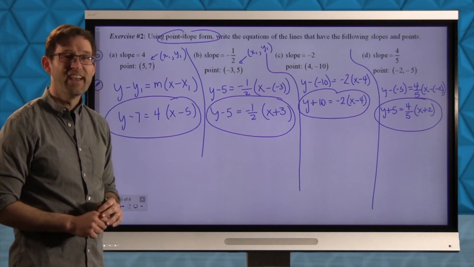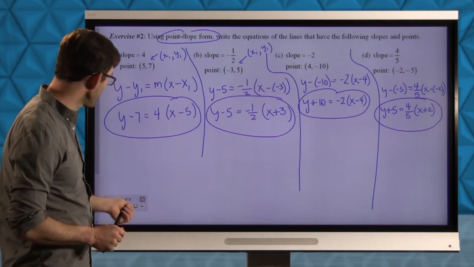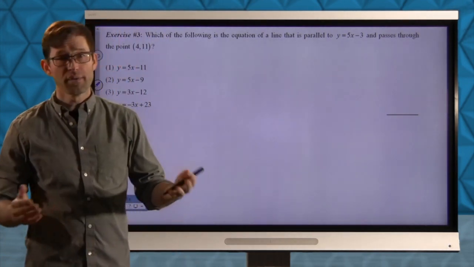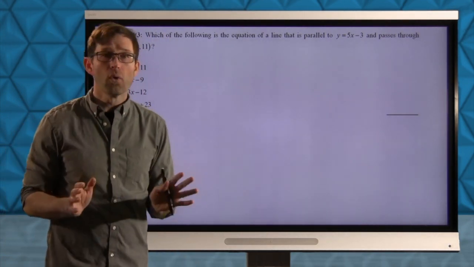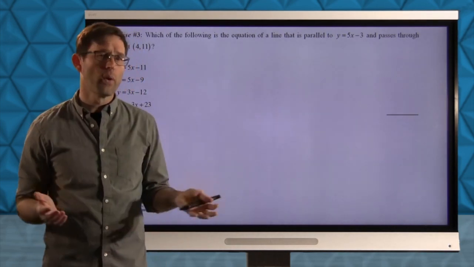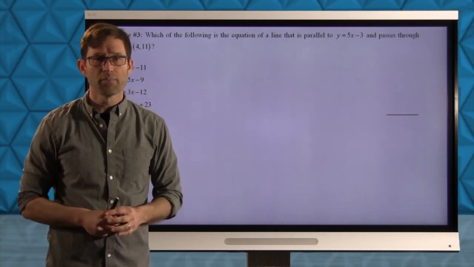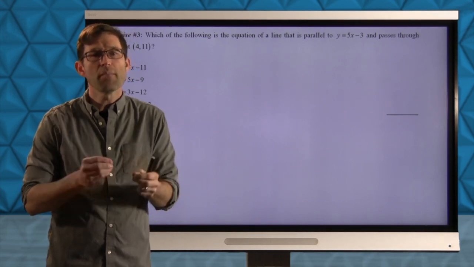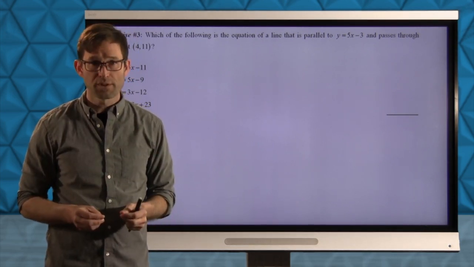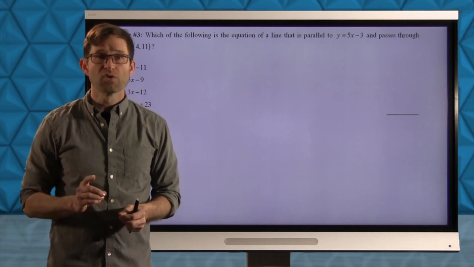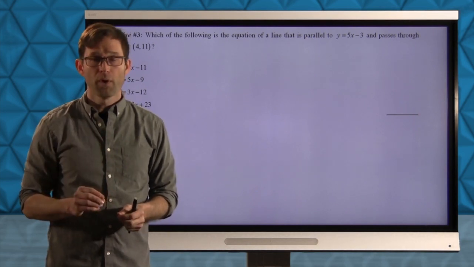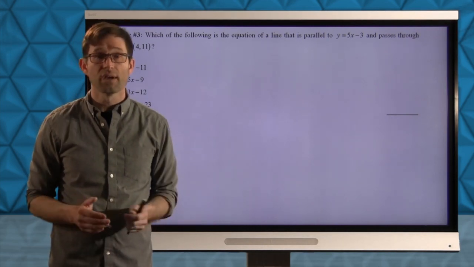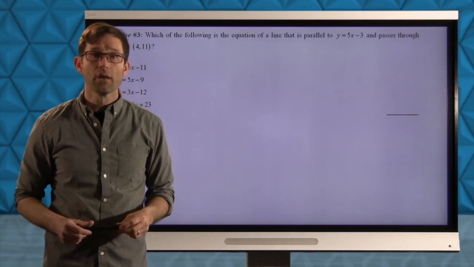All right, let's do it. It's an exceptionally nice form of the line, especially if you know the point and you know the slope. Now, what's kind of cool is that the equation of a line is really the equation of a line. Whether it's in slope-intercept or point-slope, they really are the same equation. They're just maybe written in slightly different forms, okay? Many times we can use the point-slope form to then figure out the slope-intercept form. We actually did that in exercise number 1, but let's take a look at it a little bit more formally